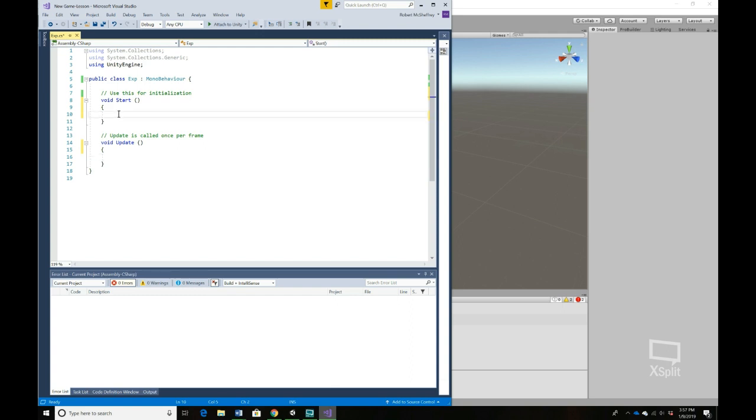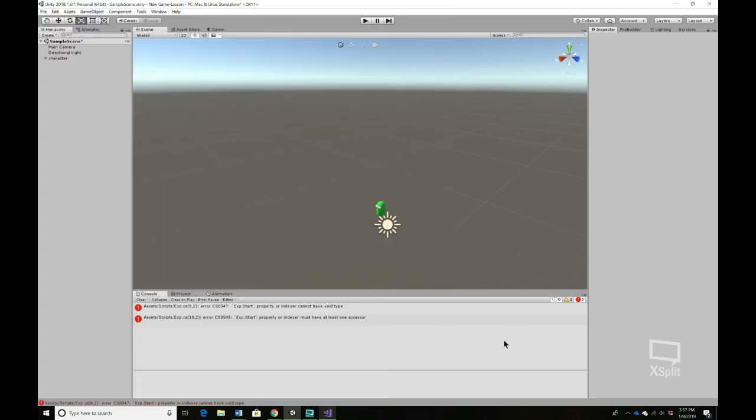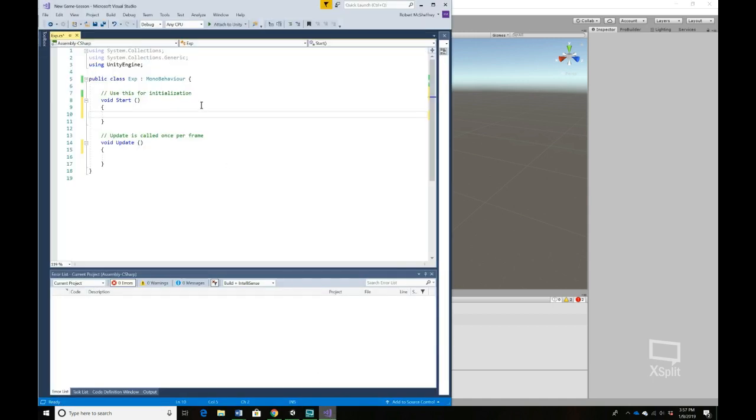Let's go back to void start. This is a very basic thing. You'll see this in many different Unity videos, and we're just going to have our console give us a greeting. That's all. To do that, we want to type in Debug.Log parentheses